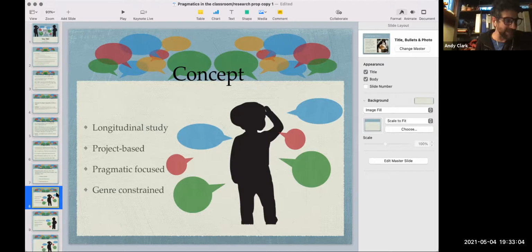So with such an alignment, how can I use this to teach? How can writing and speaking come together and elevate, invigorate the experiences of L2 students? Not only is this a description of what teaching pragmatics in the classroom could look like, it's also sort of the